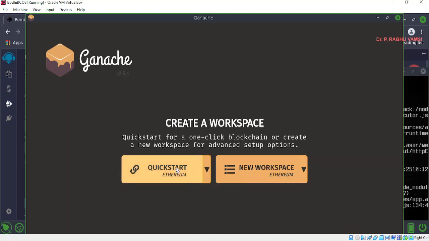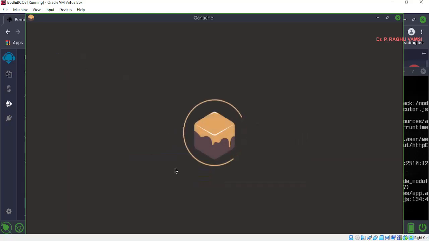Here I'm clicking quick start, directly Ethereum. It will configure first, and then, just as the Ganache CLI shows the accounts and the URL like localhost:8545, the graphical user interface will also show the accounts in GUI format.